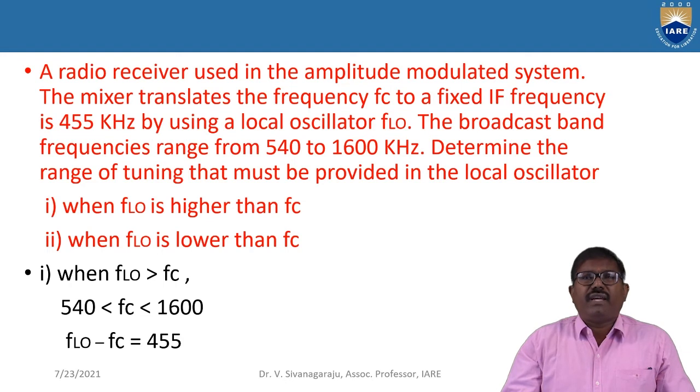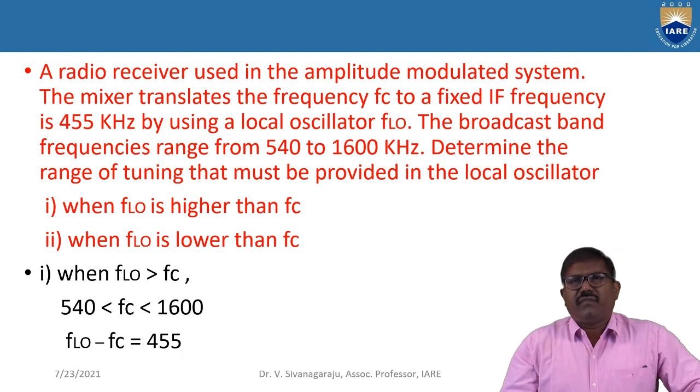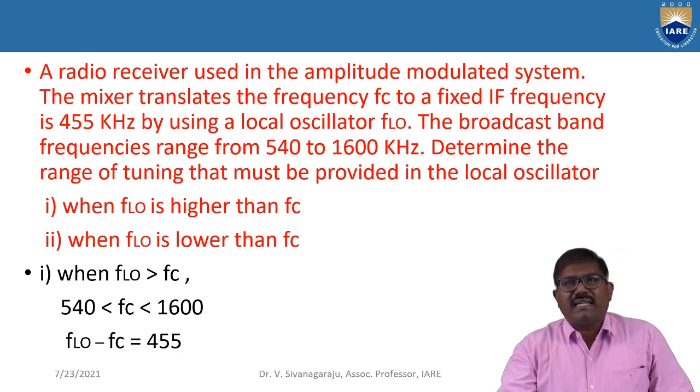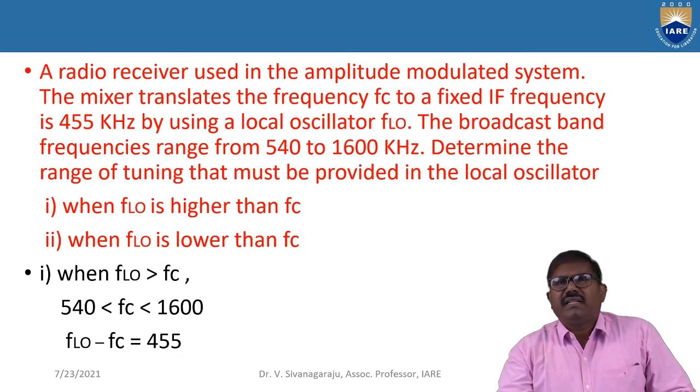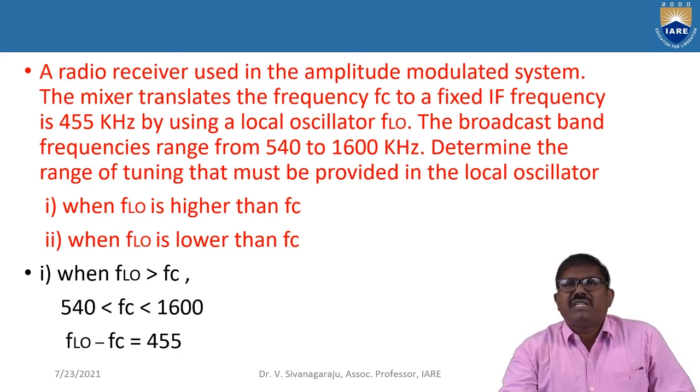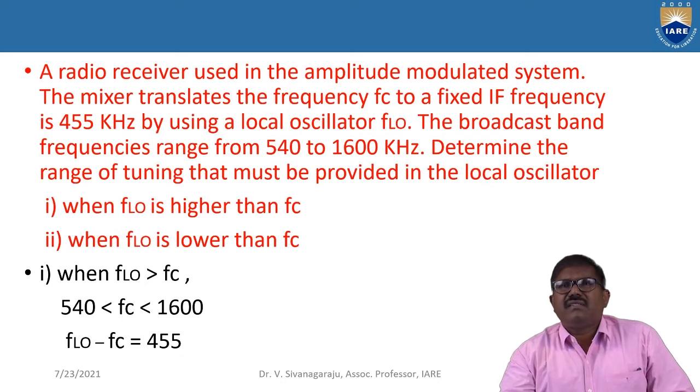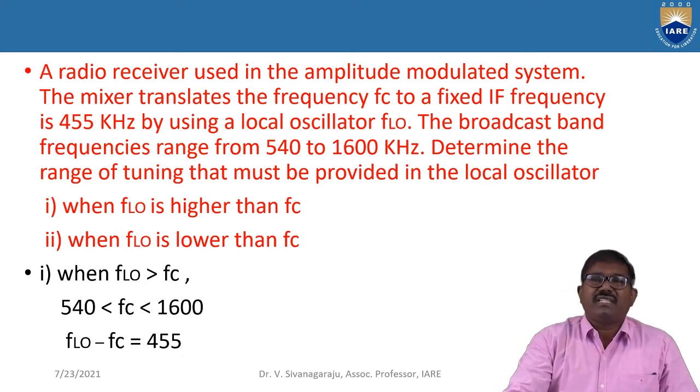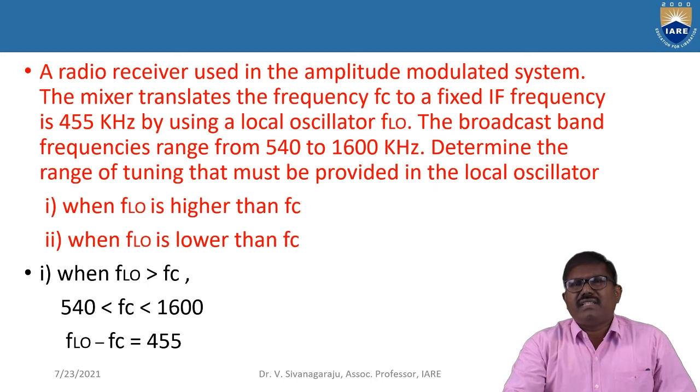One is when FLO, that is the local oscillator frequency, is higher than FC, and the other is when FLO, the local oscillator frequency, is lower than FC. Okay. So first, when FLO is higher than FC. So what is here? 540 to 1600 is the broadcast band frequency range. So the frequency range is given,